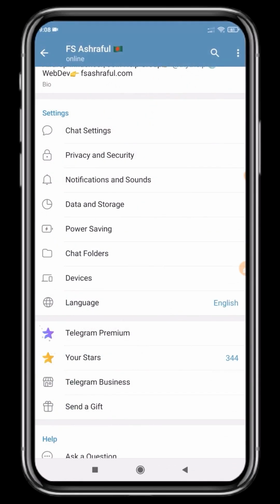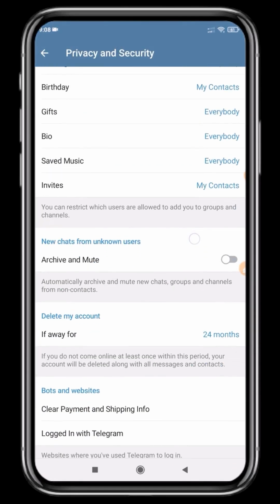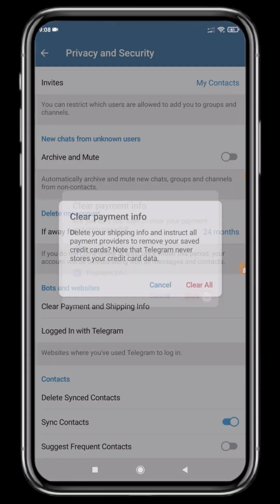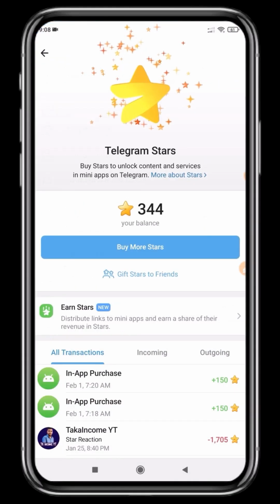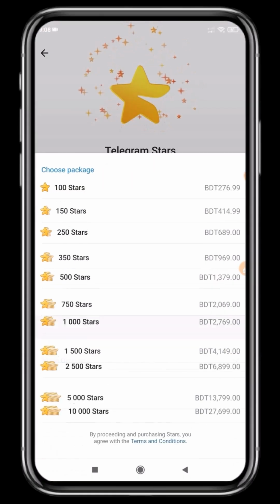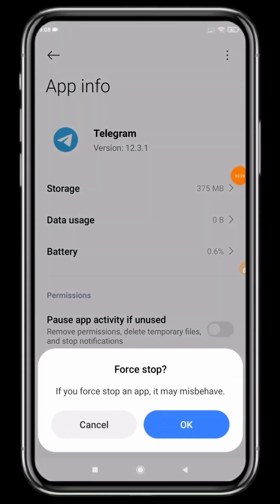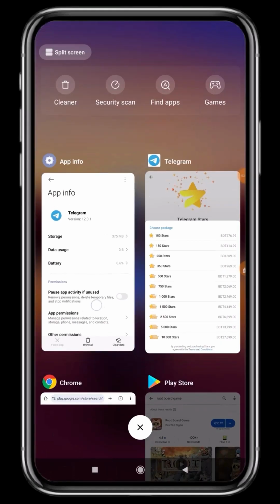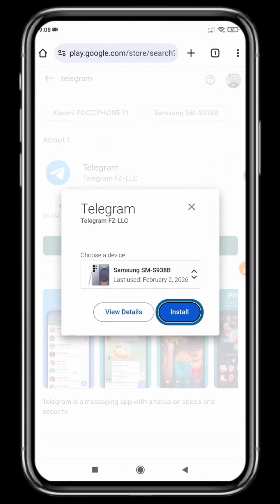Okay, for this next step, what you definitely need to do is go back to the Telegram app once again and then navigate over to your security and privacy settings. And in your clear and payment section, you have to do this again. Alright, look, from here I will clear it by clicking on buy mode, but even after that, your video remains. Okay, so if this problem happens, what you should do is force stop your Telegram, then go to Google Play